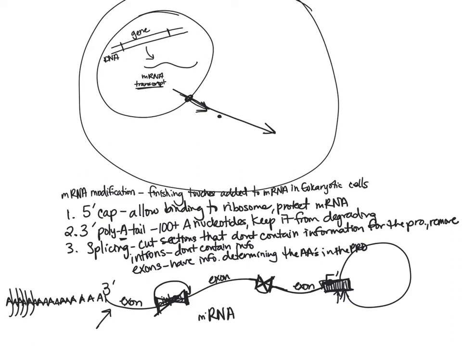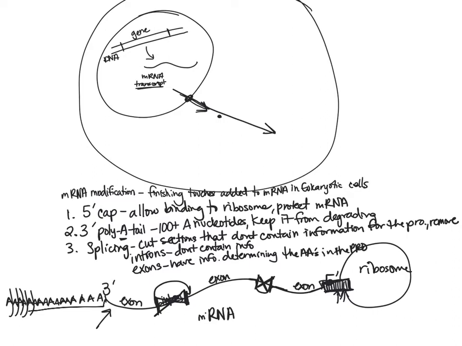And the reason that we do this, again, we had the 5' cap, so it can attach to the ribosome. We had our poly A tail, so that it does not get degraded. We don't degrade our actual mRNA. And then we cut out the introns and glue back together the exons. This is because we can have a particular gene code for many different proteins. It just depends on the different introns and exons that are glued together and cut out. Cut out meaning introns, and glued together meaning exons.